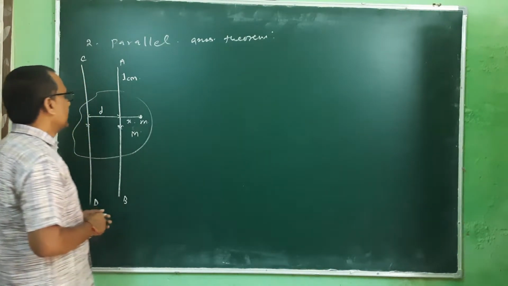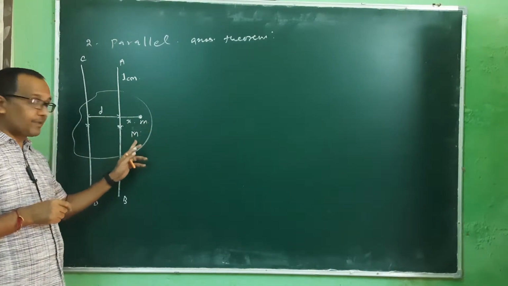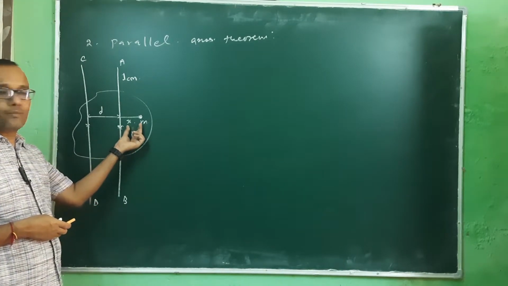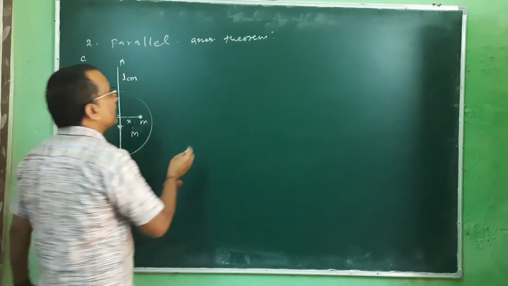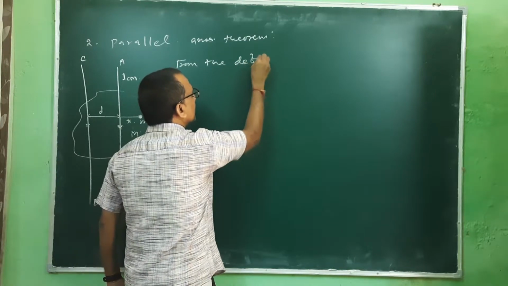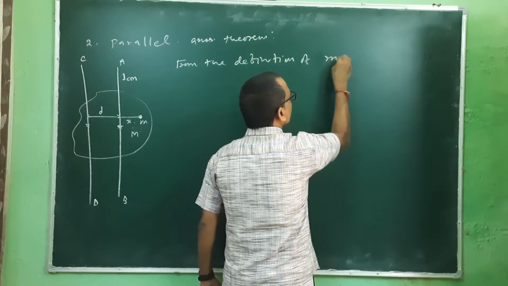So this is that small particle under consideration. This is small m, capital M is the mass of the complete body. x is the distance of this particle from the center of mass. Okay, so from the definition of moment of inertia,